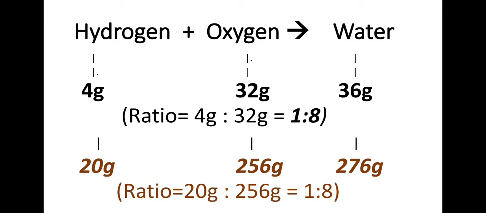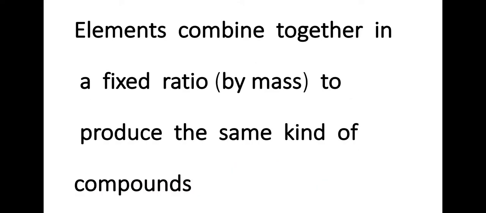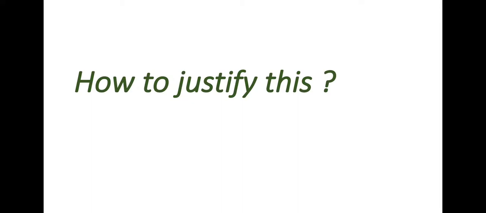So in a complete reaction, if you are to produce a certain substance, compound or whatever, the reactants must combine in a constant proportion or constant ratio. So everywhere you go, in whatever chemical process you employ, the hydrogen gas and oxygen gas must react in a 1:8 ratio by their weight to produce water. So we may say the elements combine together in a fixed ratio to produce the same kind of compounds. So how can we justify